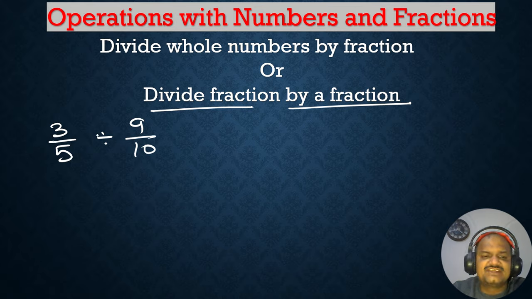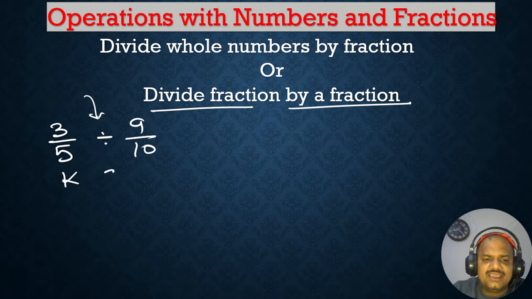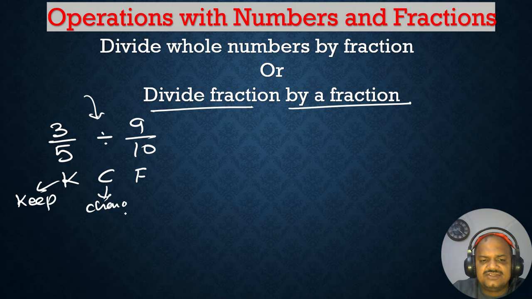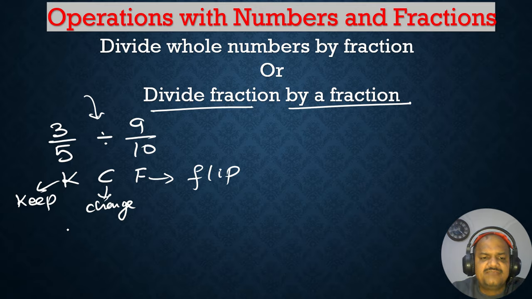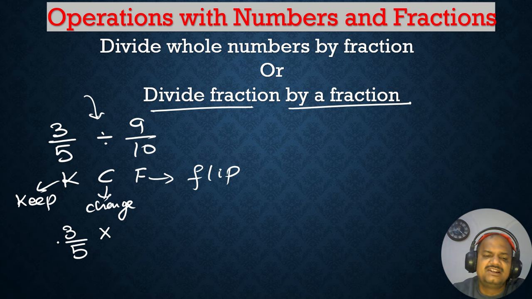Now, whenever you see a fraction divided by a fraction, or in division you have a fraction on any side, one fraction or both fractions, what you do? You just remember KCF. Don't remember KFC. KCF. Okay. K means keep. C means change. And F means flip. Okay. So keep means first number no change. Then C means change. So division will be changed to multiply, and flip 9 over 10 will be equal to